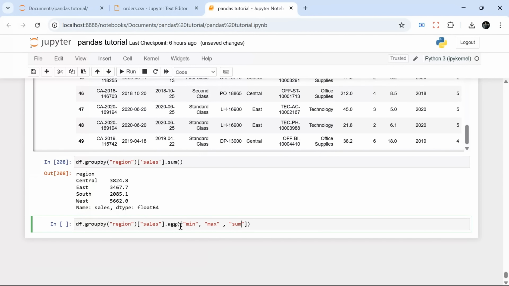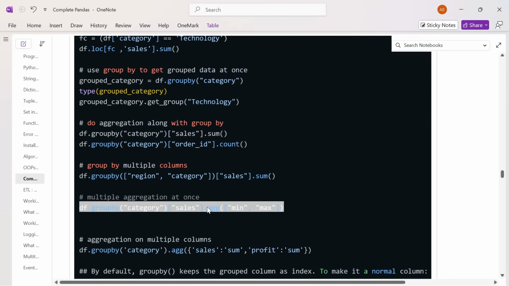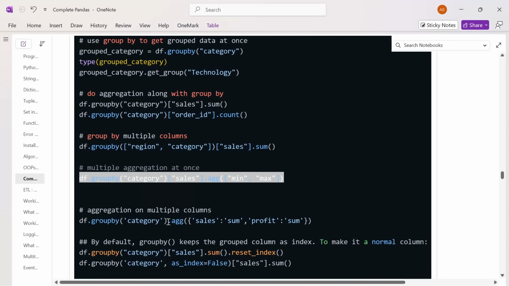I'm saying aggregate and give me all these aggregations, min, max, sum for each region. So it is giving me, for each region, the minimum sales, the maximum sales, and the sum of sales. So this is how you can do it. Now there is another version of it. If you see,